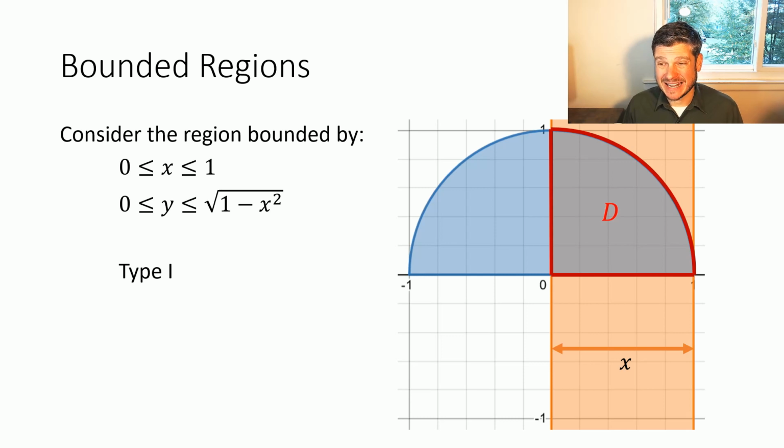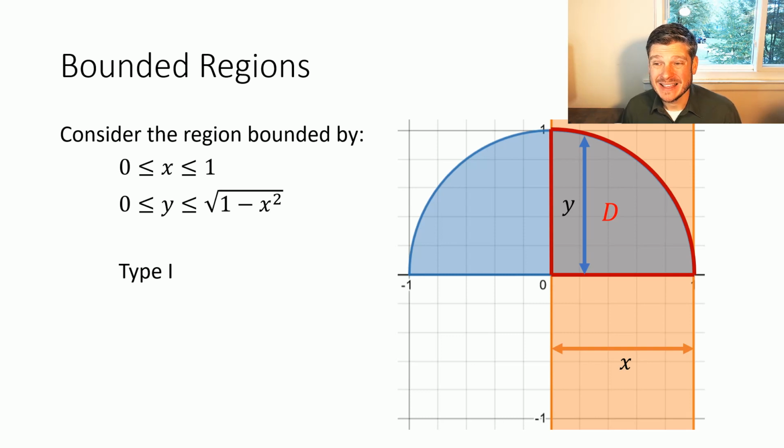And again, that means that x is extending the entire way. I'm plugging in every value of x from x equals 0 to x equals 1. And then the top of that bound is going to be my y. And again, that height y is going to vary based upon that inequality. It's always going to have a lower bound of 0, and then the upper bound is determined by that function